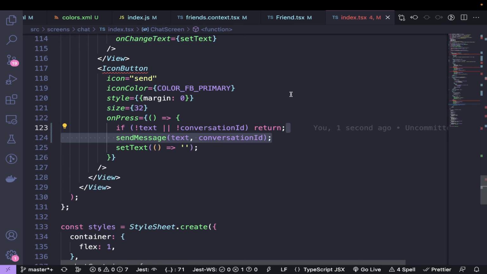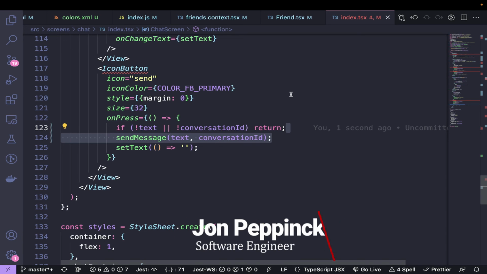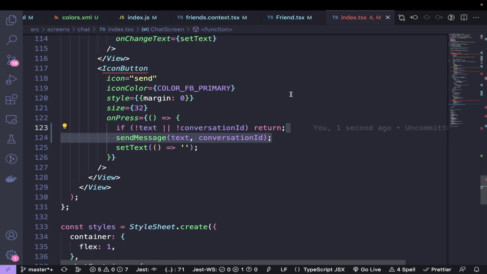So we put in the text and we get the conversation ID. If we have that, then that calls the send message